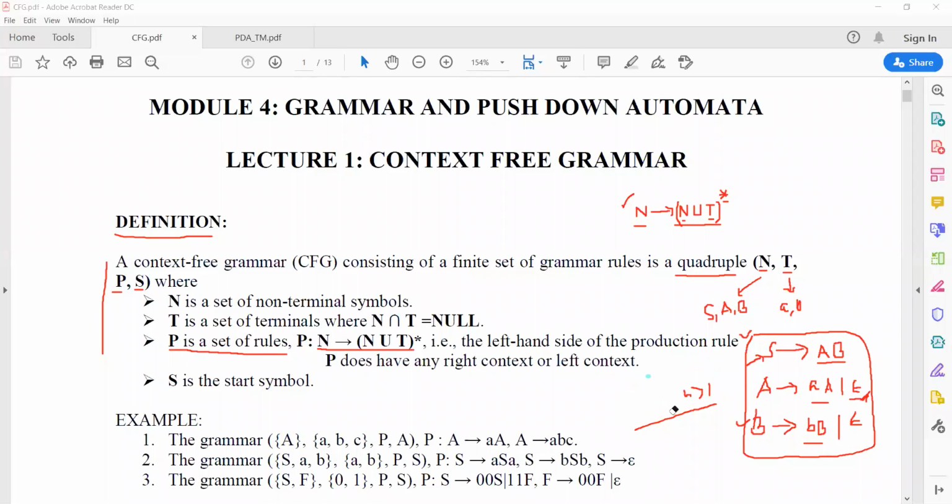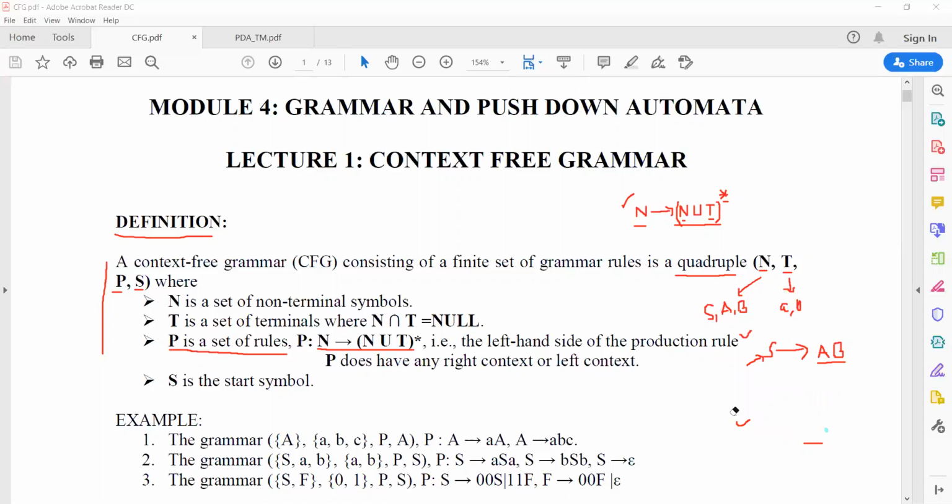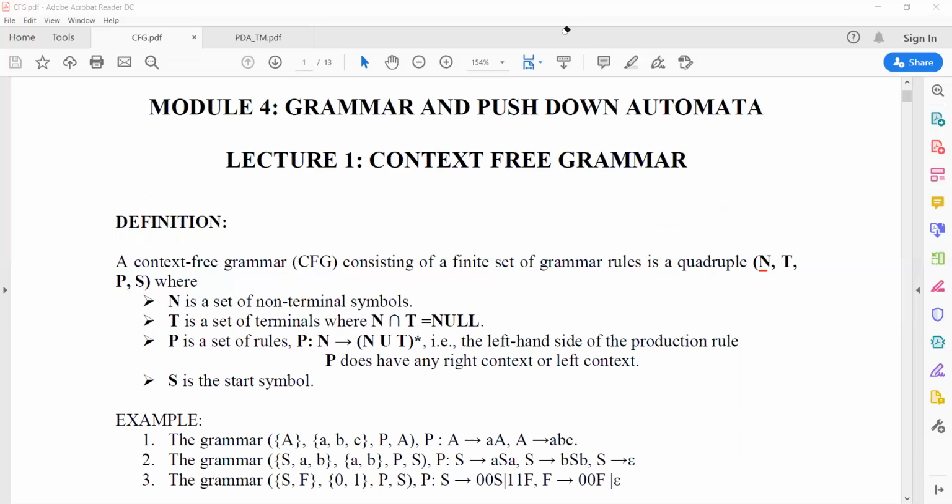So this is the basic idea about the context-free grammar. Now I am moving to the part that we have already covered, just giving a brief of that. If I discuss some examples for parse tree or derivation tree, that will be a better idea.